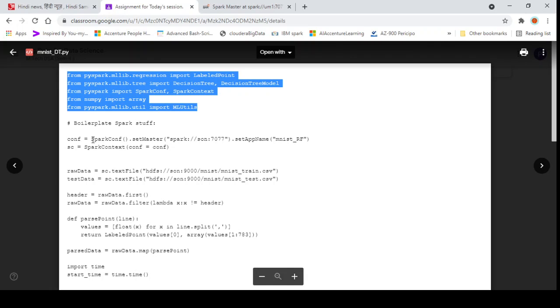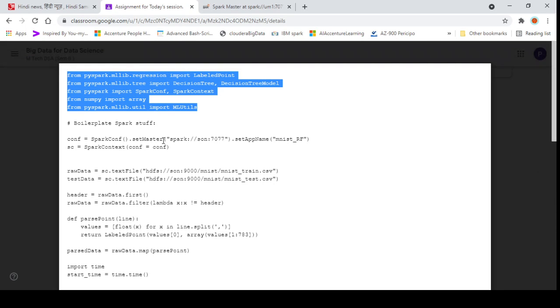So we will initialize a SparkConf command. We will set a few necessary pieces of information whenever we launch any kind of application. We have to set the master name, we have to set the application name, and many more things we can set up, but these are the necessary ones that you have to do.